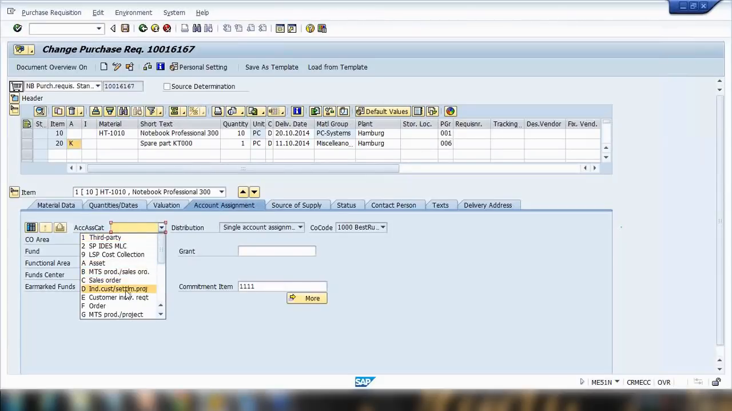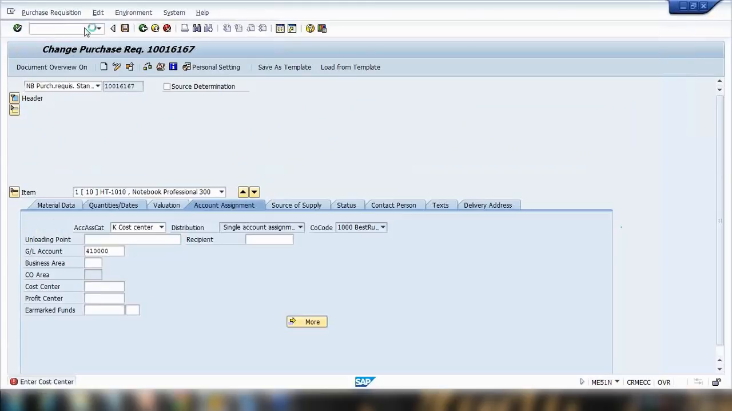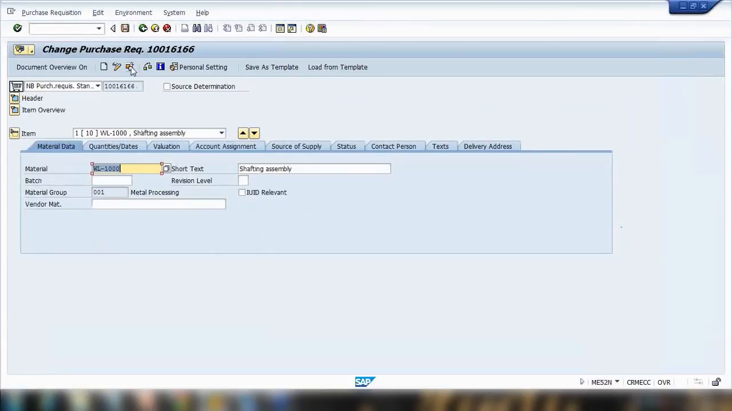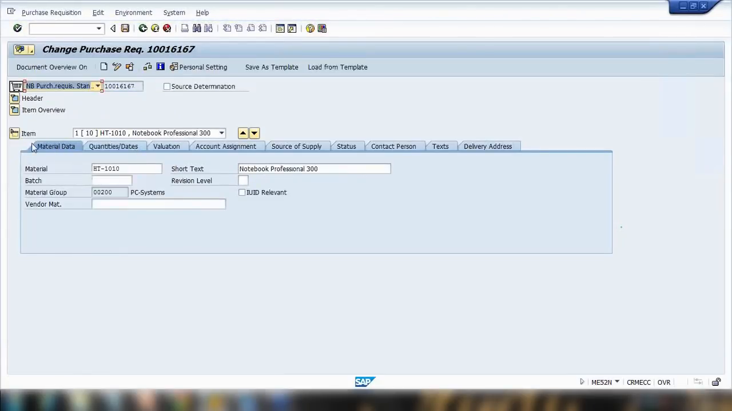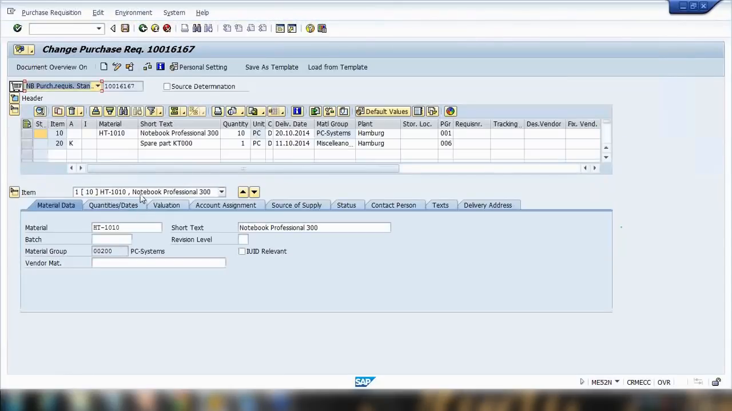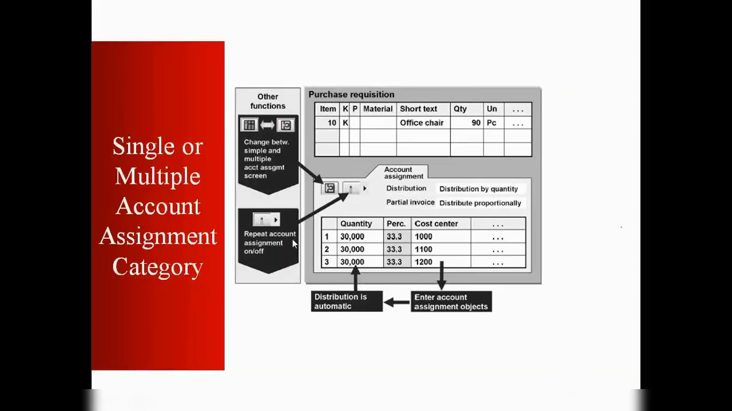Like I can select K, cost center. Oops, sorry, I picked the wrong one. Let me go back and come back in again. ME52N. Select the second item and go to account assignment. Okay, that's good. Now in the account assignment, you have the option to enter